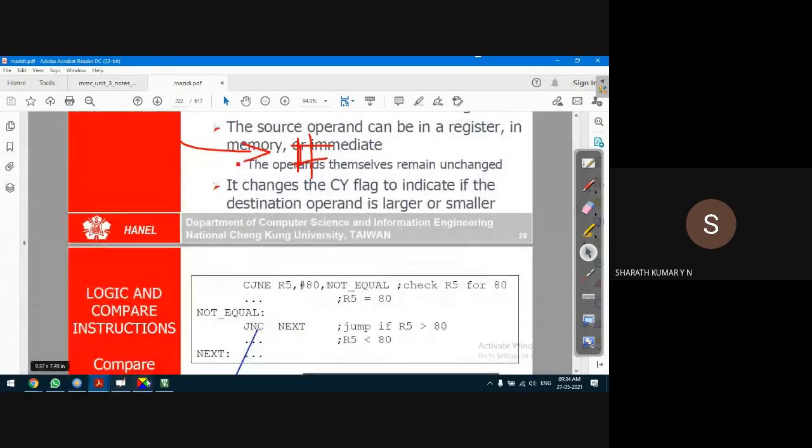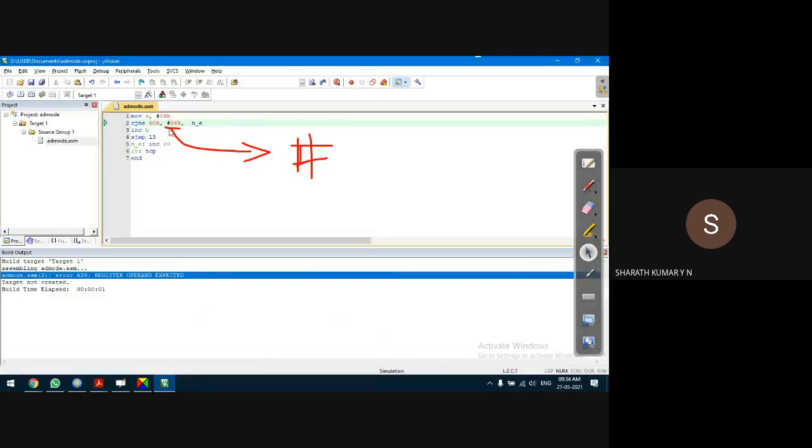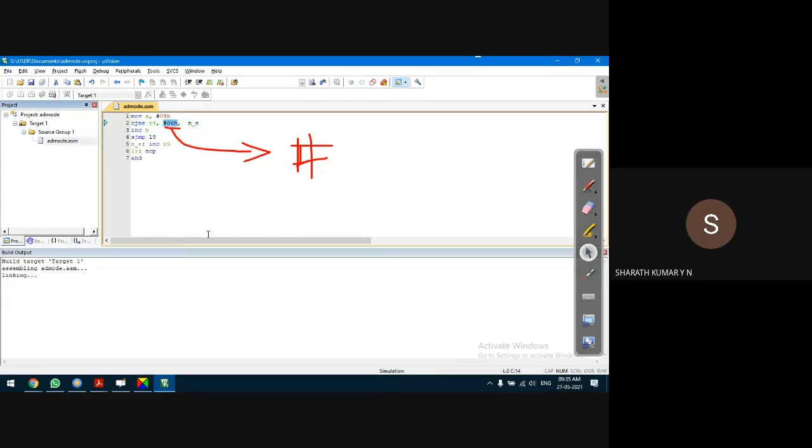Now we'll try like this. Let me go to the compiler. Instead of the address, I'll take a register, let us say R1 or R4, whatever it is, and immediate data at the source. So the destination is a register, the source is immediate data, and there is the target location. Check for syntax error. This is fine.